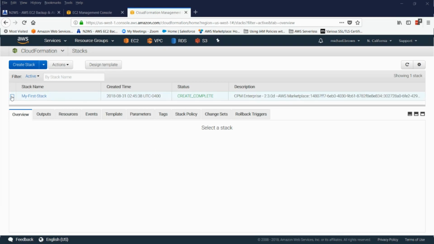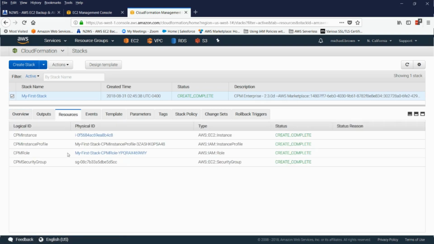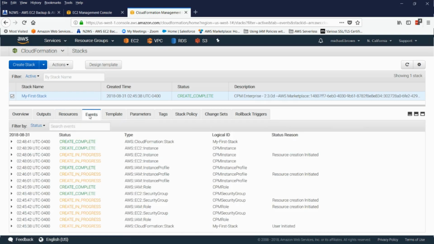So, if you'd like to get some more information about this stack, simply click the checkbox here to the left of your stack name, and to view the resources created by this stack, click the Resources tab. Here we can see security group, role, instance profile, and the CPM instance created as a resource. If you want to see a timestamp of when the resource was created, underneath the Events tab, we can see when the stack was created and when it was completed. And it looks like it took about 3 minutes and 3 seconds for Cloud Protection Manager to be up and